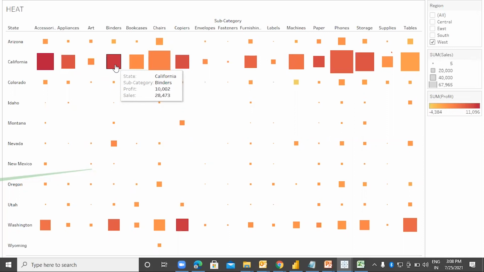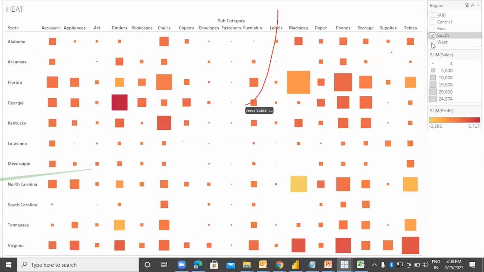So here it becomes a more detailed comparison, and this is overall of the western region. In the western region, we can see the maximum sales has been done in California and Washington. Let us take the south region and let's remove this. If you see south, you will see that the sales is comparatively better distributed over here.